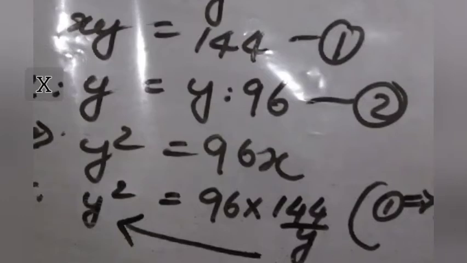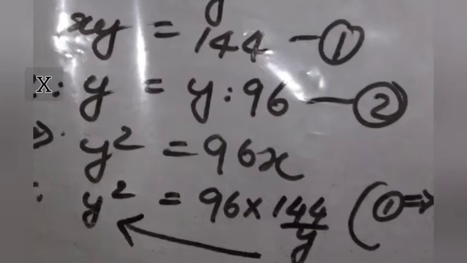And it is given the third proportional is 96. So x is to y equal y is to 96, or y squared equals 96x. Now from equation number 1, you can see that xy is 144. So x is 144 by y. Replace that. Then we multiply y squared into y